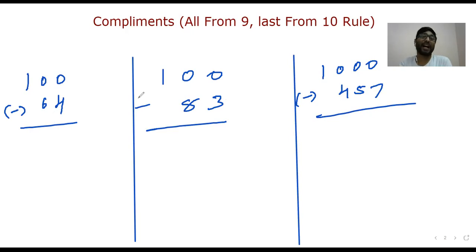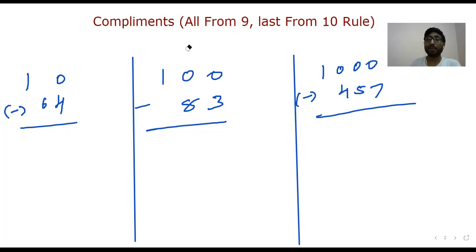If you want to subtract 100 minus 64, what you need to do is 0 minus 4, which needs the borrowing method. Because it's a 0, it becomes 9. 9 minus 6 is 3, and because we took a borrow, this is 0. The answer is 36. That is what we have been learning since childhood.